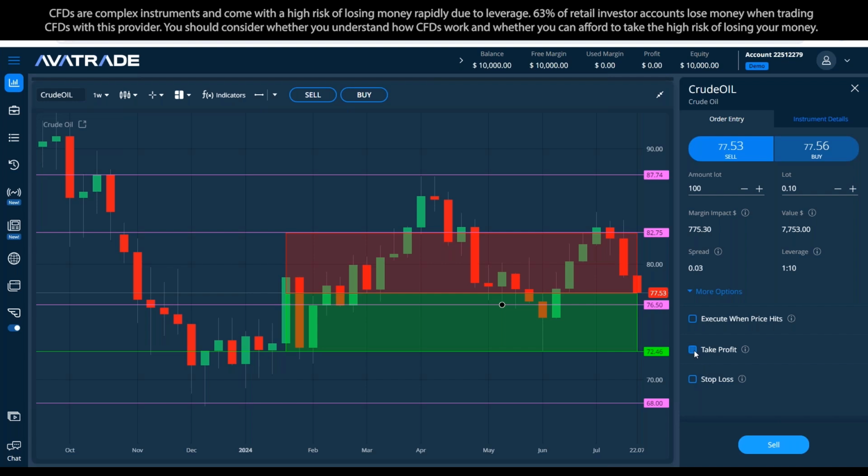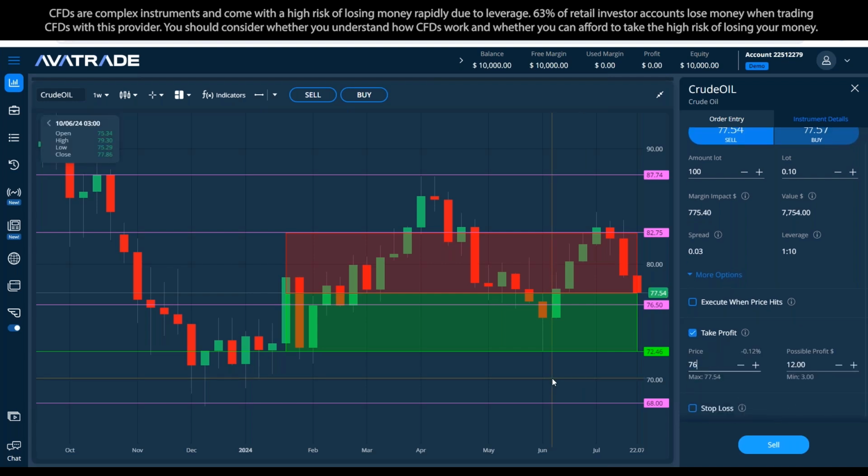Let's simulate. I'm going to click on the take profit. I'm going to place here 76.5. And I can see that I can make 100 quid if it gets to here. Okay, let's suppose that my target is not 100, but I want to make at least, since this is a week, let's suppose I want to make 500. So I'm changing it to 500, but then it's showing me that it needs to go all the way here. Okay, how does that work exactly? Because it was 107. You see it wasn't here. And when I change on the platform how much I wish to make with the same lot size,